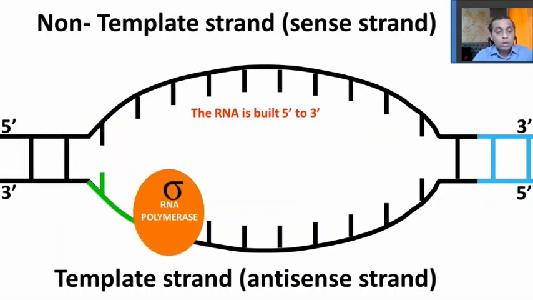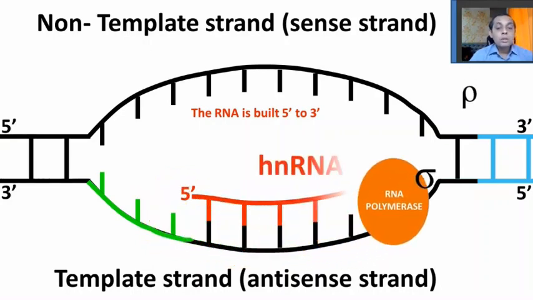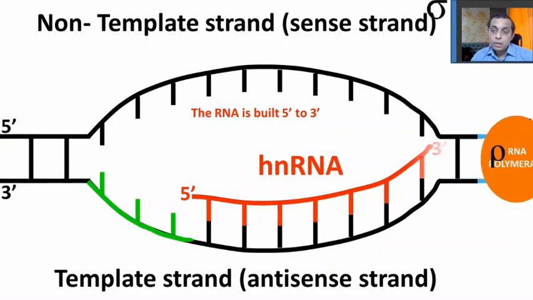Once promoter is noticed by RNA polymerase, there is one sigma cofactor which is going to activate the polymerase to start synthesizing the RNA strand with the template strand. And you notice that once the transcription is over, the sigma factor gets released and a new factor, rho factor, gets attached to the DNA RNA polymerase to terminate the process. So process termination is done with the help of rho factor.